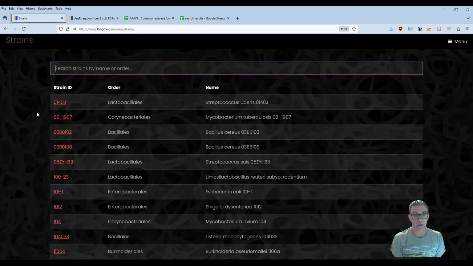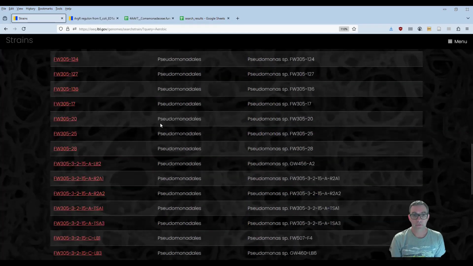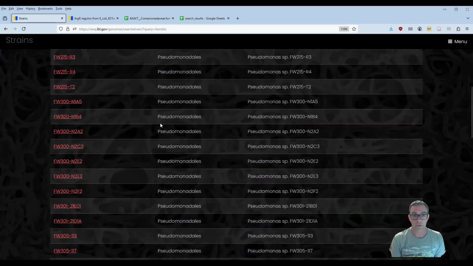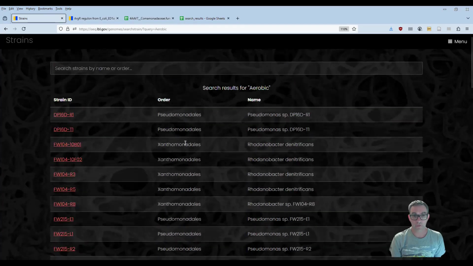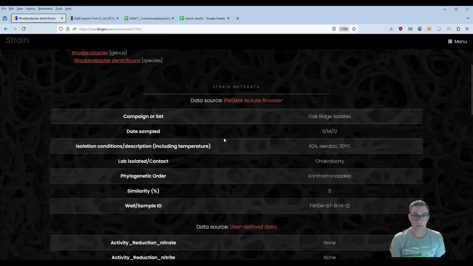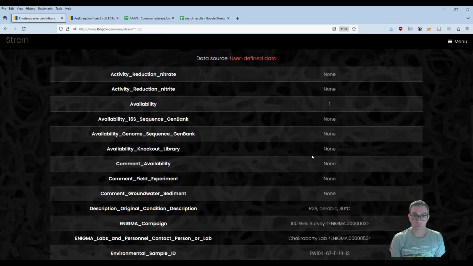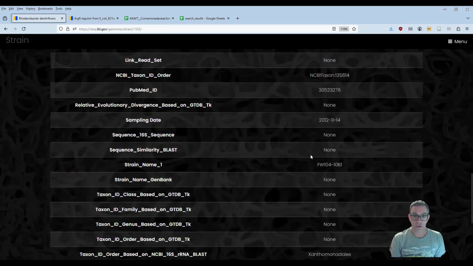For example, I can enter an isolation condition in the search field on the strains list, say aerobic, and find a list of strains that have the word aerobic in the metadata description. These data are imported from the ENIGMA isolate browser or from a spreadsheet exported from